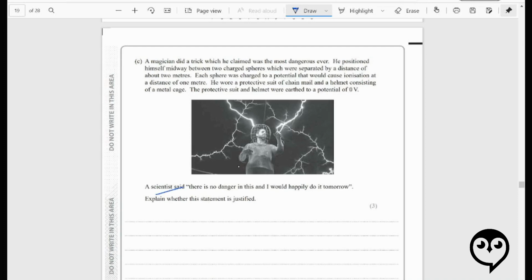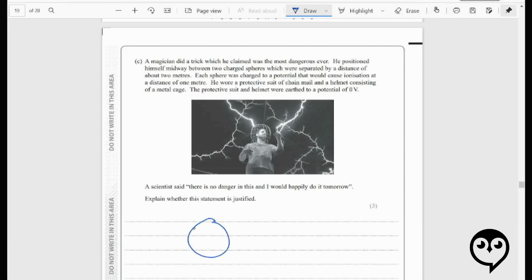So the scientist is giving a little dig at this musician, saying it's the most dangerous thing. There is no danger, is there? I think all the current is going to run through the ground. It's been grounded, like I was saying. Okay, and so we've talked about that. I want to bring it to,